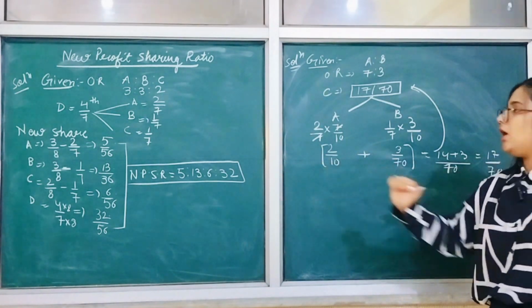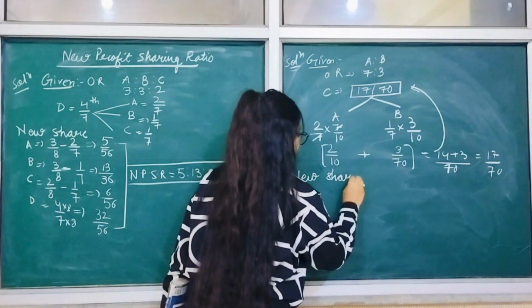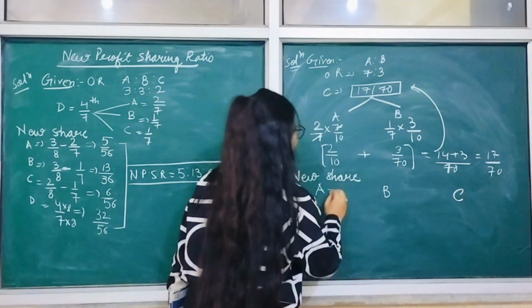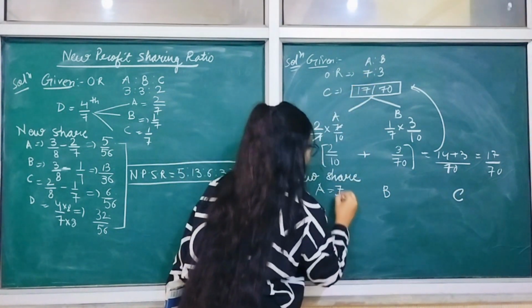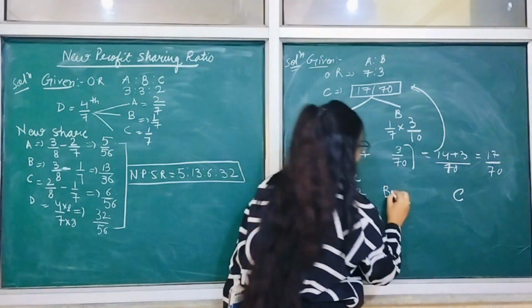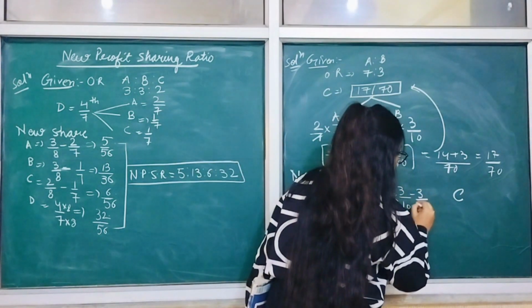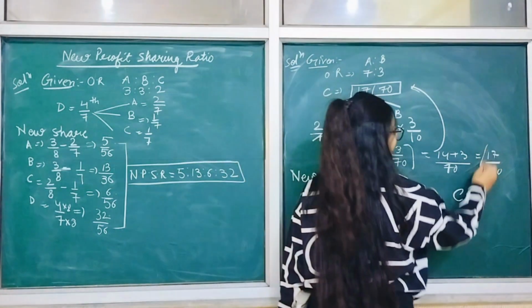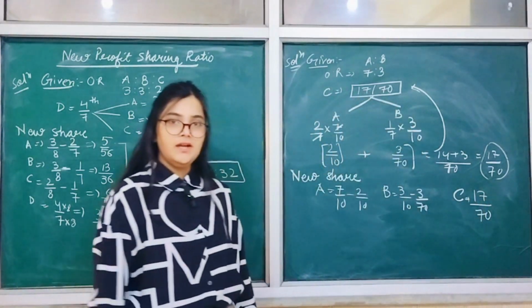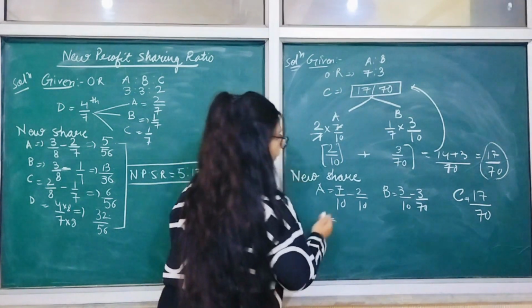Okay? Now just simply what you are going to do, you have to do it like we did in the previous question. You just have to write the new share. New share of whom? तुम्हारे A का, B का और C का. A का कितना था? 7/10. कितना सेक्रीफाइस करा उसने? 2/10. B का कितना था? 3/10. कितना सेक्रीफाइस करा? 3/70. परफेक्ट. और हमें पता चल गया हमारा C का शेयर कितना है? 17/70. Right? When you will make and solve the equation, you will get the ratio between A, B and C,